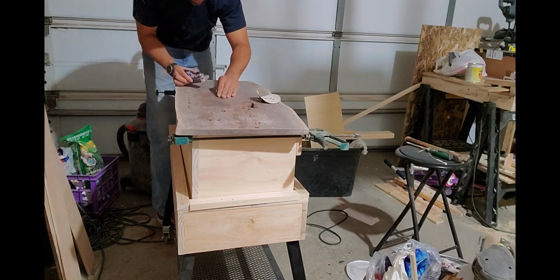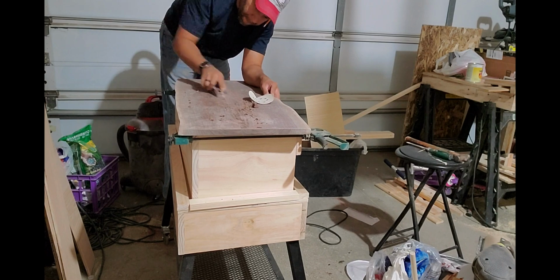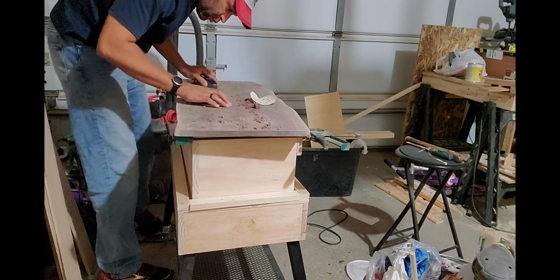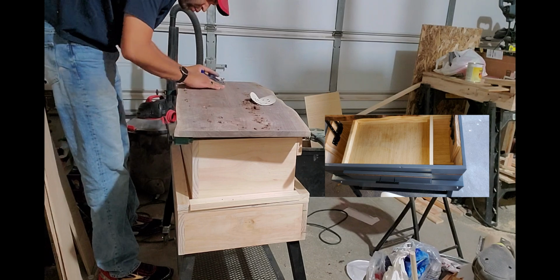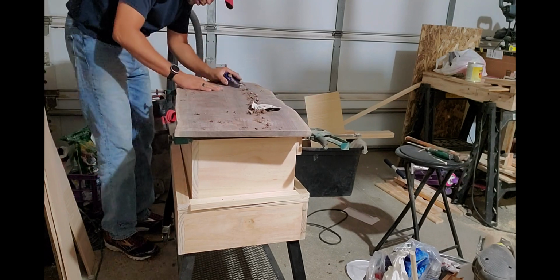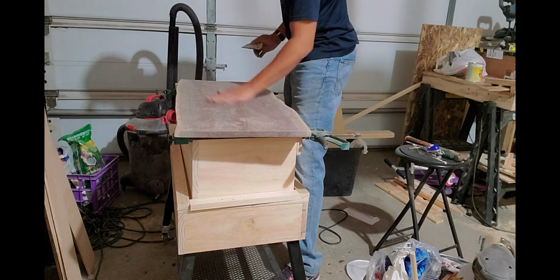Let's talk about the overall makeup of this. As I mentioned earlier, the small box that's on top of the bigger one is really the nuts and bolts of this entire assembly. It's got a couple areas on the left and right that can help hold sauces and things like that. And then there's a little area inside that will hold spatulas and serving trays. And then there's something I do to the top of it that I won't spoil right now, but I thought